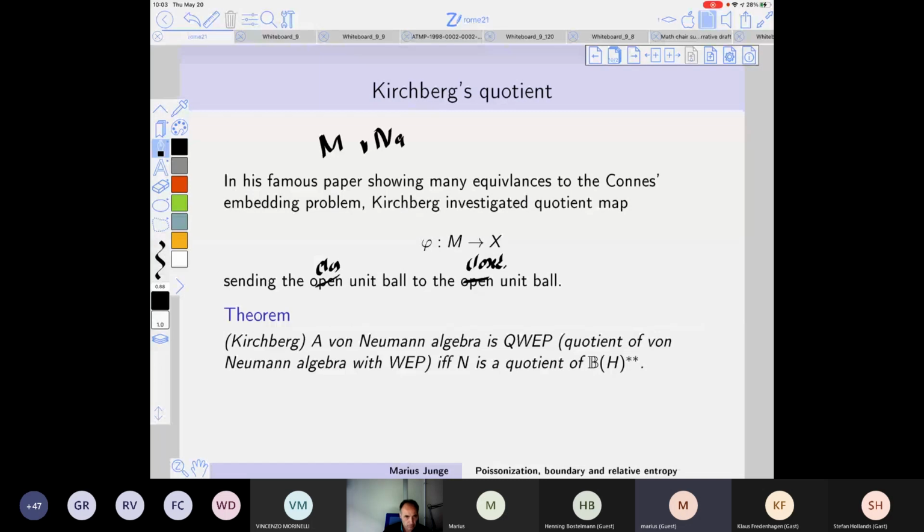Then he showed that this happens if and only if, right? So if you dualize this picture, you see that you can embed X star into M star, right? I mean, for a quotient map, the dual is an injection, and then he studied when that happens, and he showed that this only happens in a very algebraic situation. So this is his work, but it was instrumental in proving some of the equivalences of the Connes embedding conjecture with the C star formulation. So it's important in that context. It's just a good thing which I want to remind you because we will use it on the next page,